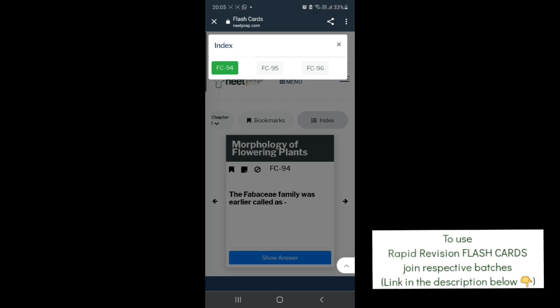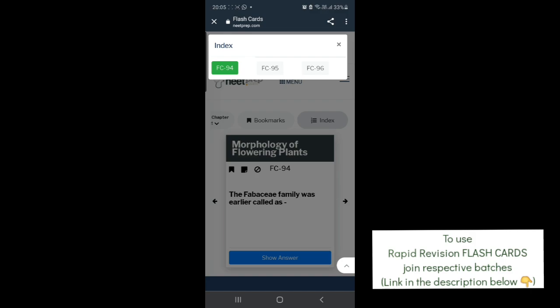See, the flashcards are covering all the NCERT lines. Now those NCERT lines which are problematic for me, I will be bookmarking them, and on this principle I will be doing spaced repetition. Like I will be revising again and again whenever and wherever I go. For example, you have got 5 minutes of time, you are waiting on the dining table for the food to be served. You can use flashcards and revise.